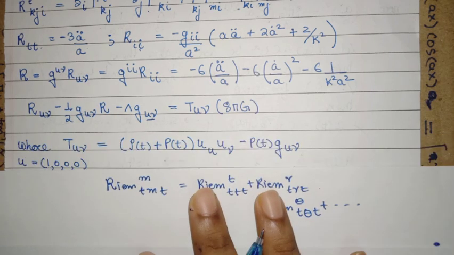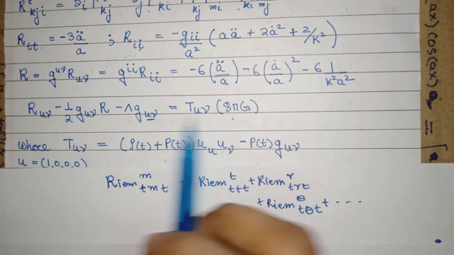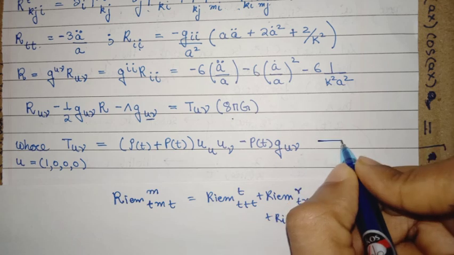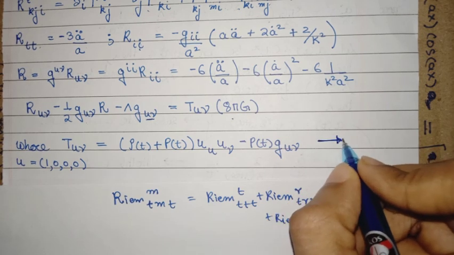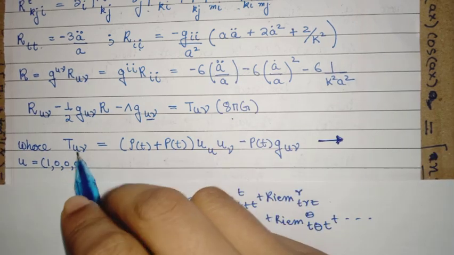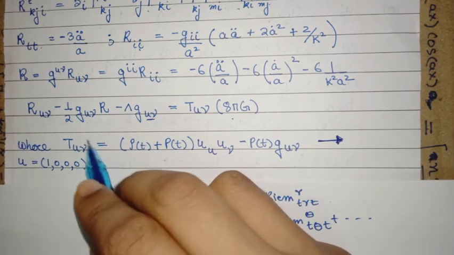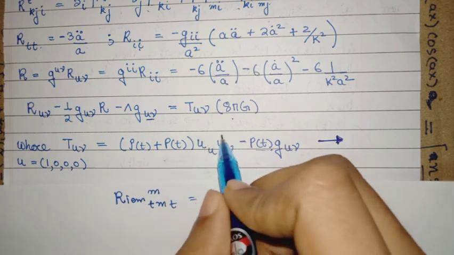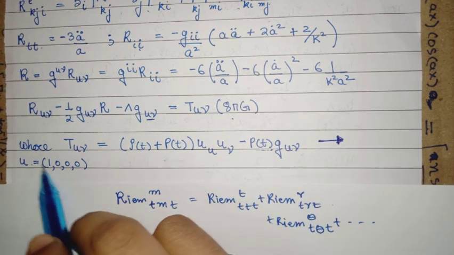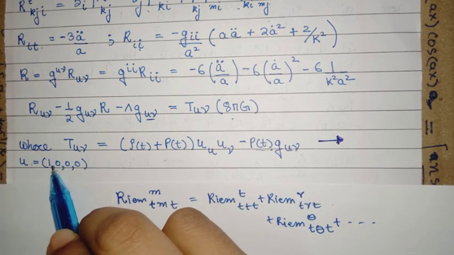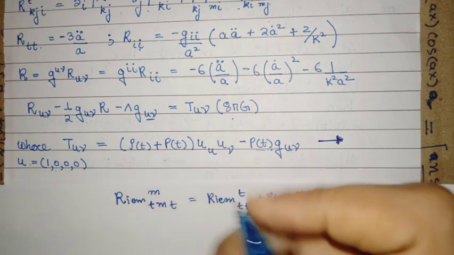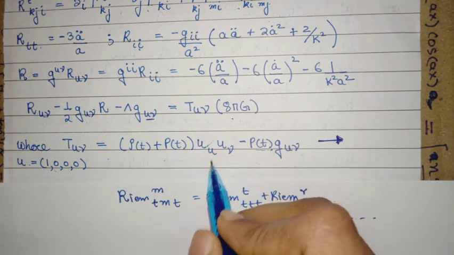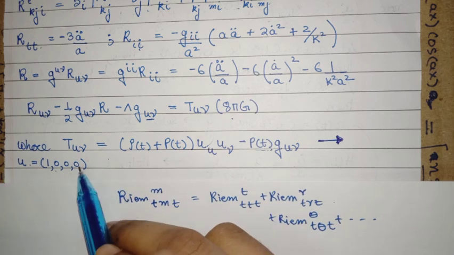Given all these calculations, we come to the Einstein field equation. And here there is really an assumption. In this line you can see what says that this is a perfect fluid. The energy tensor of the perfect fluid is assumed to be of this form, where these are the macroscopic velocity parameters, and the fact that they only depend on the time component shows that the macroscopic velocity, which is the bulk velocity of the entire fluid as a whole, is not biased in any of the spatial directions.